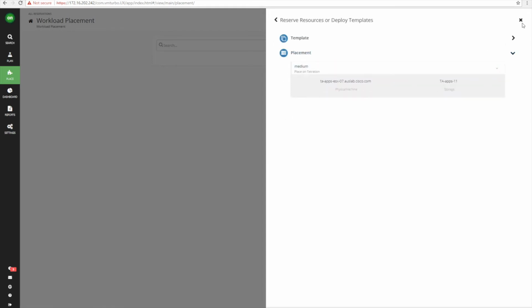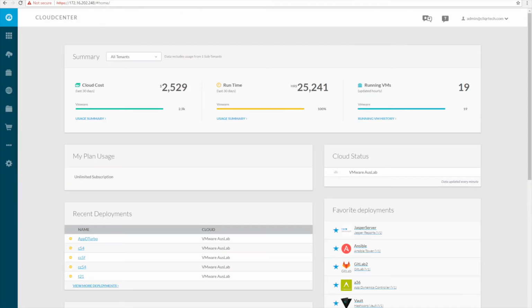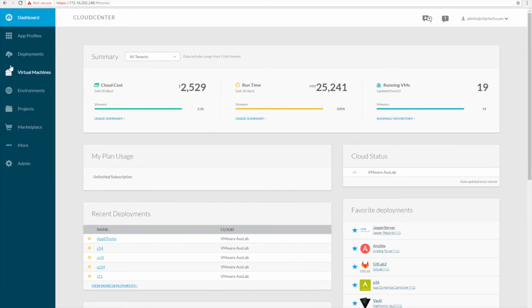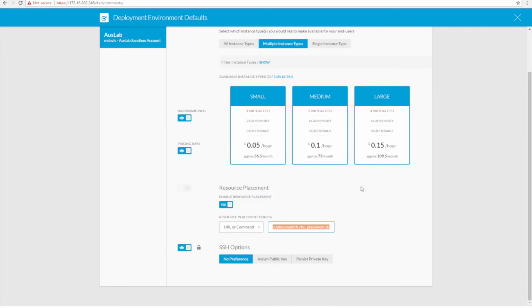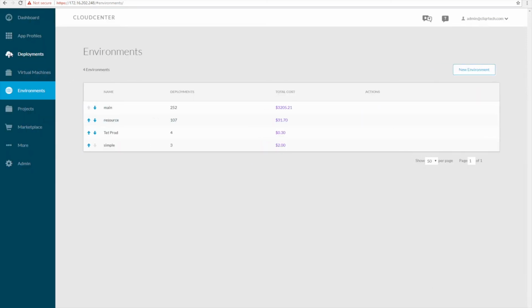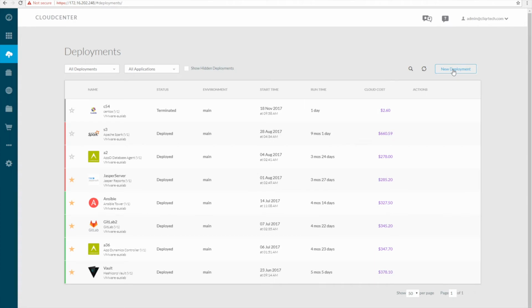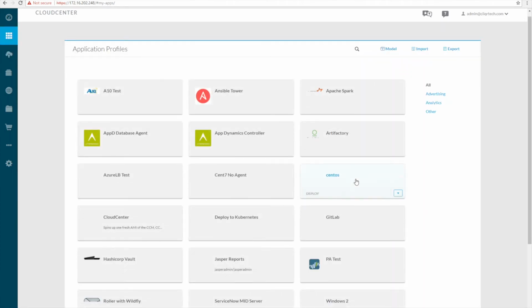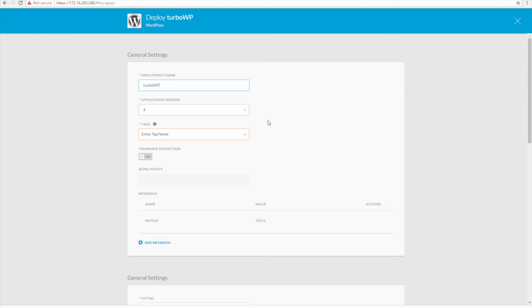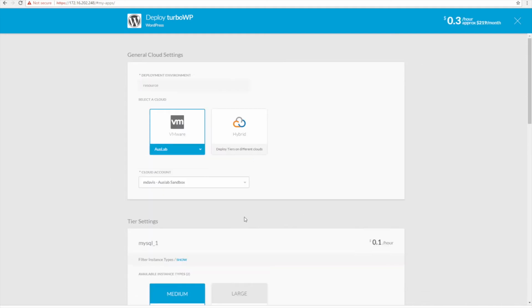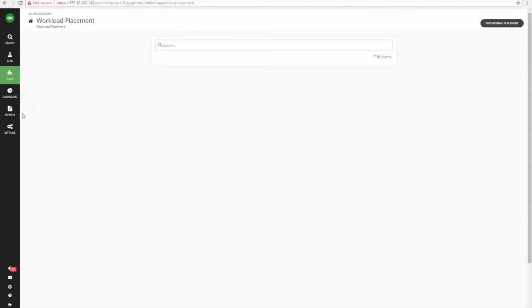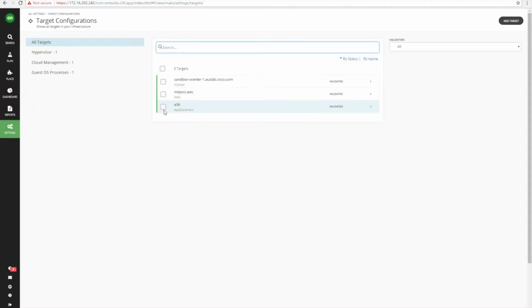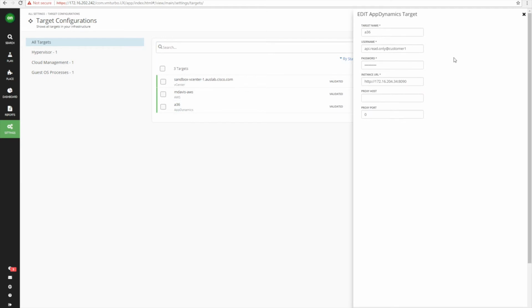We can then schedule the deployment or create a reservation, and use the action generated by Turbonomic in CloudCenter to orchestrate the placement. In CloudCenter, this is as simple as checking the box to enable resource placement, and adding resource placement configuration from Turbonomic. Now we can create a new deployment of, say, a WordPress app, simply by choosing this from CloudCenter, then choosing the environment, here called resource, and finally choosing the size we originally identified, medium, and just hit deploy. The application can now be controlled by Turbonomic, and even connected to AppD to access more granular application